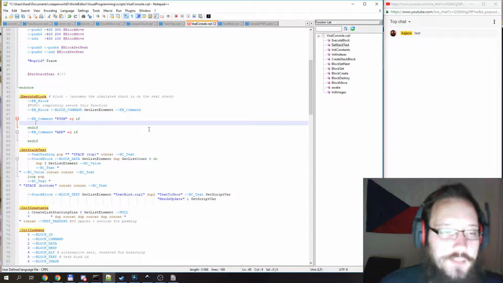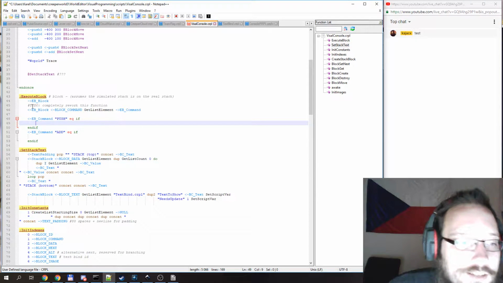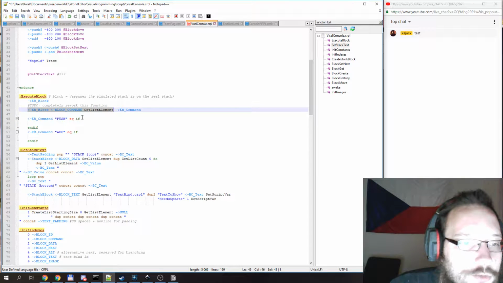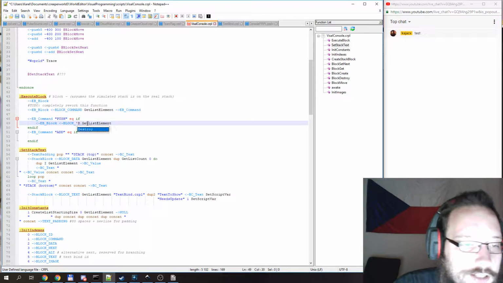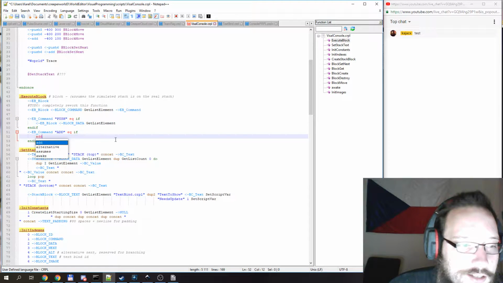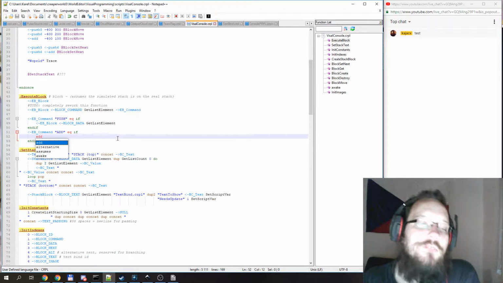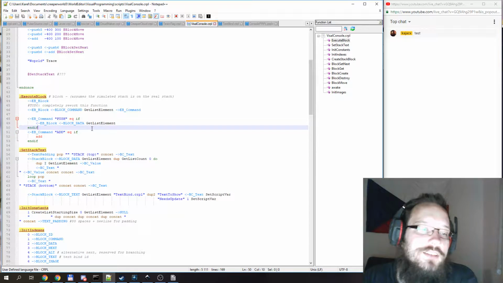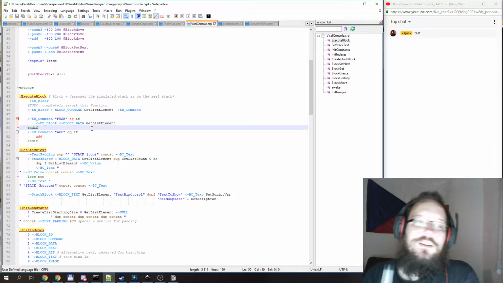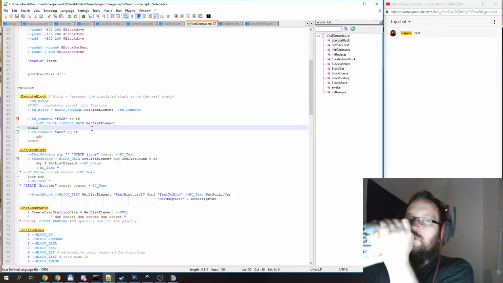So if the push command is called, we just push the constant from the data, from the block, right? And if the add command is add, we just add the numbers on stack. So remember, since the real stack is now on the stack, we can just modify the stack when we are executing